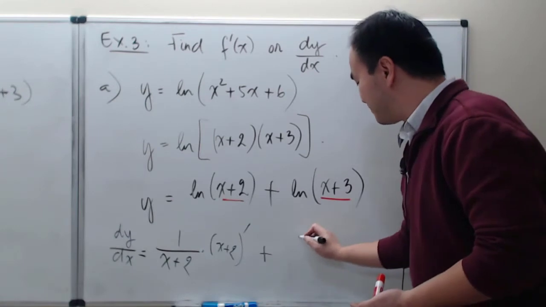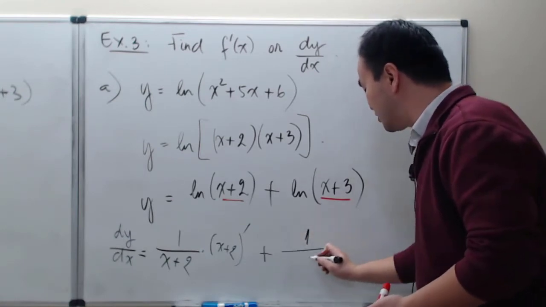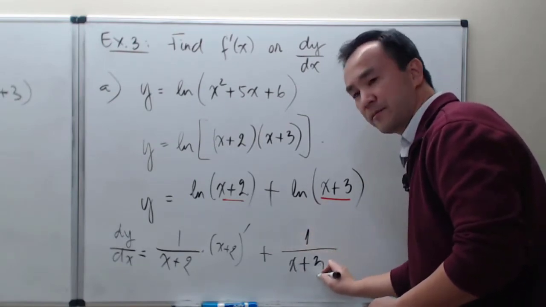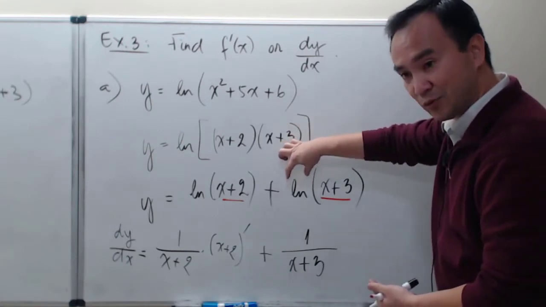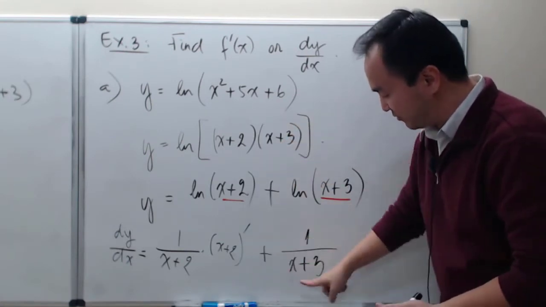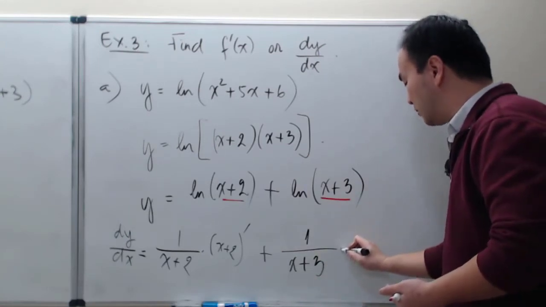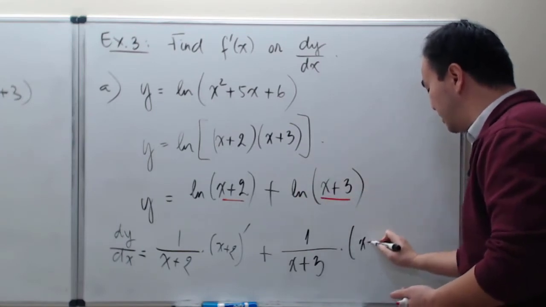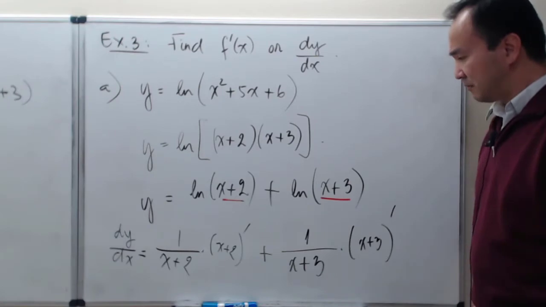The chain rule says that we take the derivative of the outside function, which is now 1 over x plus 3. See, if this is all a u right here, then the derivative of natural log is 1 over u, but u is, in this case, x plus 3. And now multiply with the derivative of the inside for this particular term, so x plus 3, taking the derivative. Okay? And so now, in my next step,